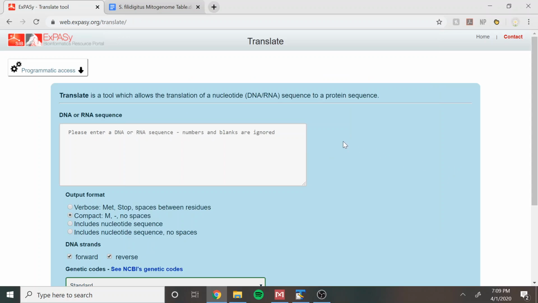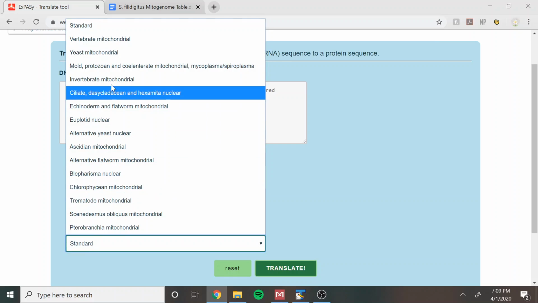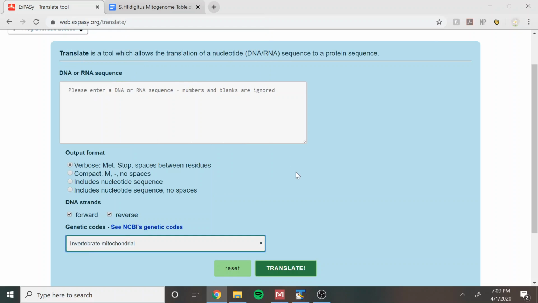Hi everyone! I'm going to be showing you how to reannotate and extend a gene, which is actually a lot less scary than it sounds. First, you're going to go to Expasy Translate, which is a web tool, and you're going to change the output to verbose and the genetic code to invertebrate mitochondrial, because in our case, we are working with the mitochondrial genomes